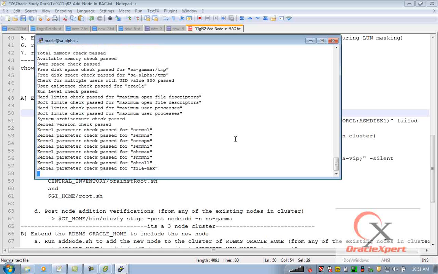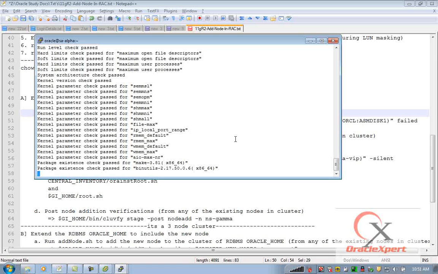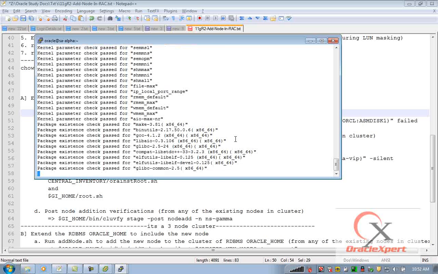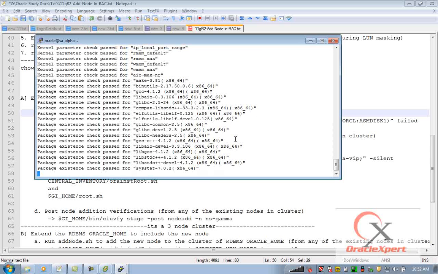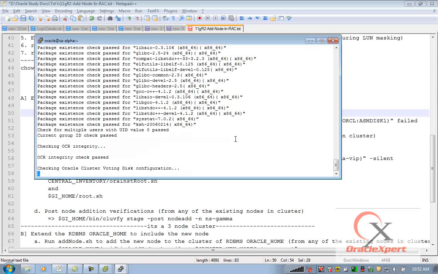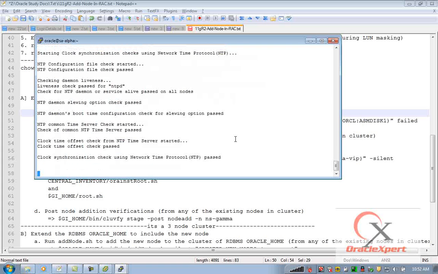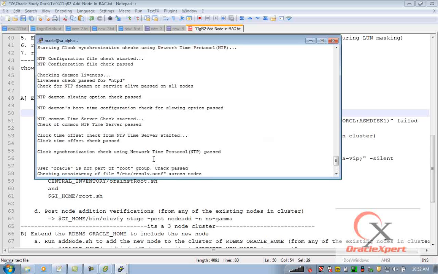So it's going and verifying for the new node. Is everything looking good for that new node to be added? So it's checking limits, kernel parameters, packages, the operating system architecture, free memory, whether or not the Oracle user is present with the necessary group settings, whether or not I have sufficient space in the TMP file system. So it says pre-check node addition was unsuccessful, and if I check what has failed, it's